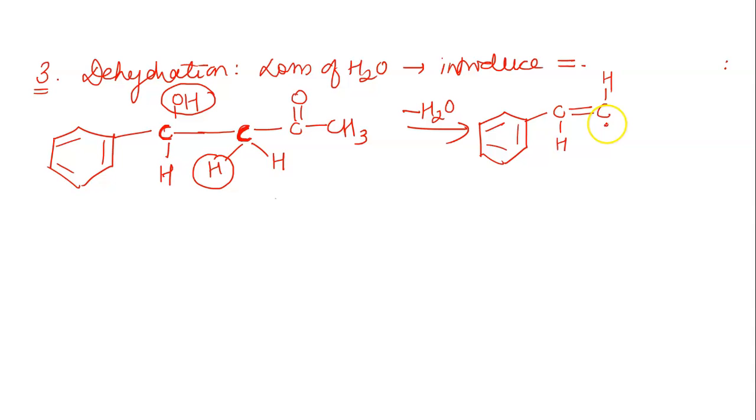Now I'm drawing this carbon. This carbon initially had 2 hydrogens, but 1 is lost. So in the final product, this carbon will carry only 1 hydrogen. So I've drawn that hydrogen. And then this is connected to COCH3. And there you have it, your compound. So carbonyl carbon, the one next to that is alpha, the one next to that is beta. This is also alpha, no doubt about it. Okay, but you don't have a beta here. Here you have alpha, then you have beta, and between the alpha and beta you have a double bond. So this is an example of